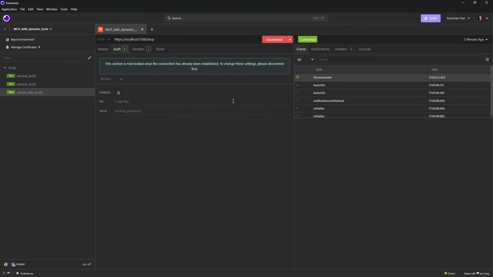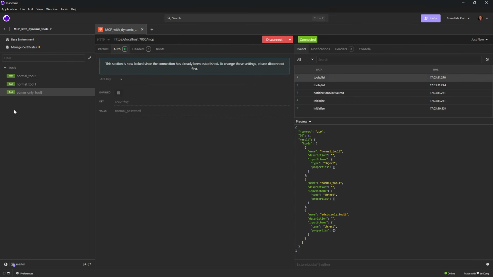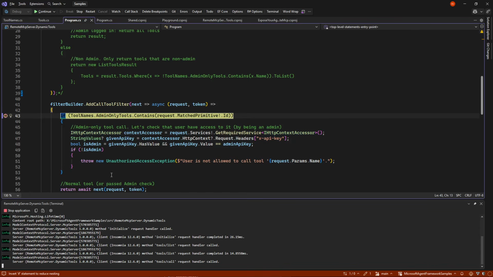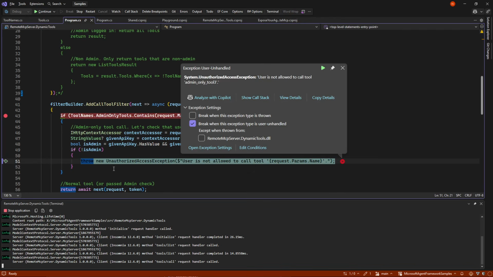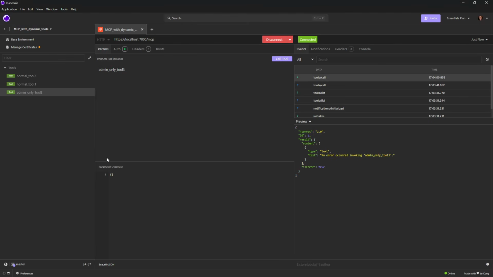And the normal user in this case will get all tools because we just removed the list filtering. So we could have access to this tool. And when we call it, again, the filters will be hit. This tool we can see is the admin tool I called. I will check. I put in the normal password. Am I an admin? No. Then we are not allowed to call the tool. Meaning back here we are not allowed to call that tool.